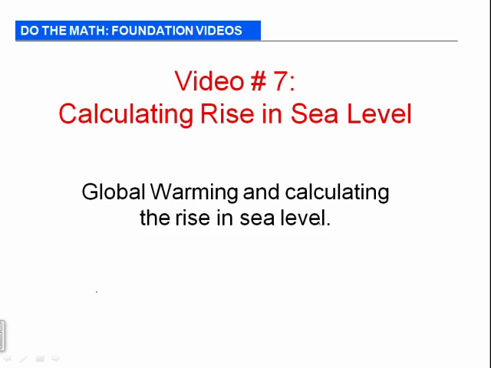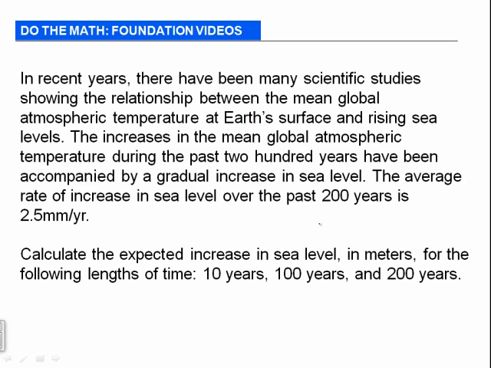In this video, we'll calculate the sea level rise in meters over a given period of time. In recent years, there have been many scientific studies showing the relationship between the mean global atmospheric temperature and the Earth's surface and rising sea levels. The increases in the mean global atmospheric temperature during the past 200 years have been accompanied by a gradual increase in sea level. The average rate of increase in the sea level over the past 200 years is about 2.5